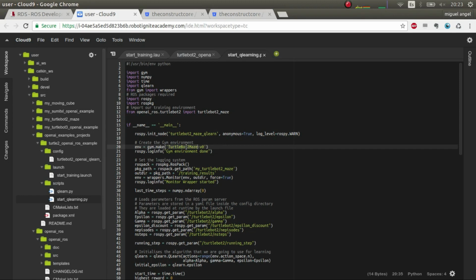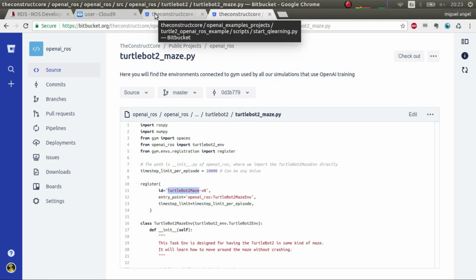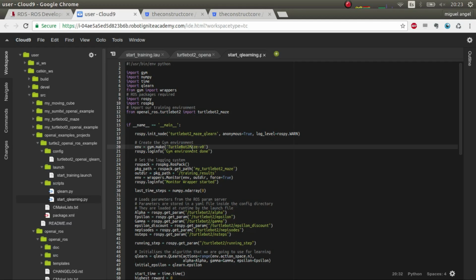To use this Turtlebot maze version 0, which is the one we were seeing here from this package OpenAI ROS, you don't have to know how it works, you don't have to know anything. The only thing that you have to know is how to import it, which is using this, and very important,